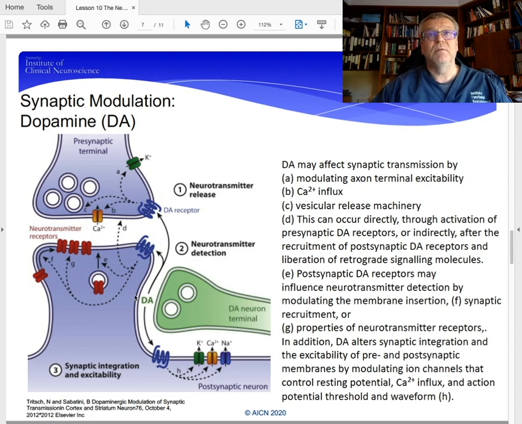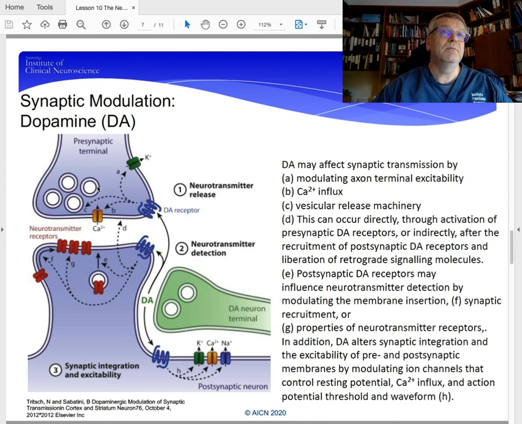So we have a variety of different things that dopamine can do, and we talked about a number of dopamine receptors, D1 through D6, and some of these different receptors will do different activities depending upon how that receptor is wired to respond to the dopamine. So we can change postsynaptic activity with dopamine. We can change the activity in the actual postsynaptic neuron, not just at the synapse, but also in the neuron itself. And we can have presynaptic alterations